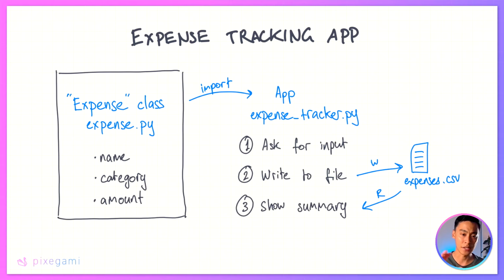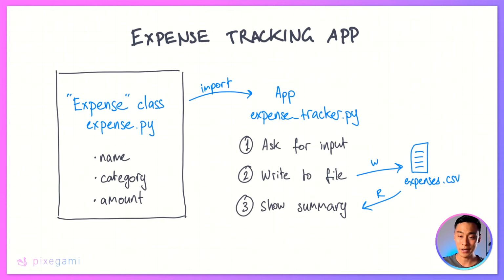So once I have that class, I want to import it into my other app. And the reason I separate these two files is because I want all the logic to be in one place, and I want my data model, which is the expense in this case, to be in another place. It's also just a way to organize our apps a little bit better. It's not nice to have too much stuff in one file. So I'm just trying to find a way to split it out a little bit.